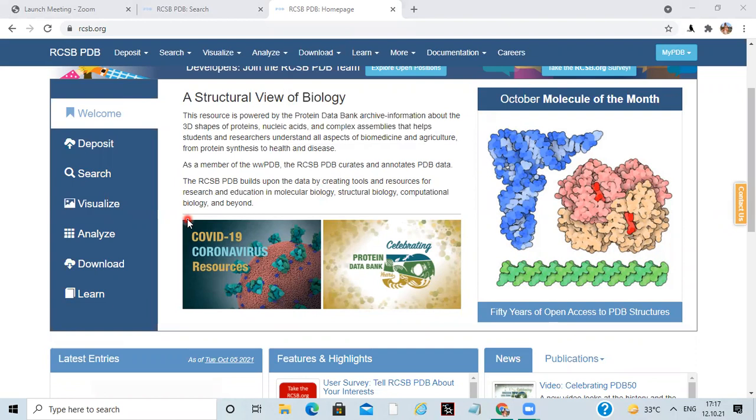To start or to analyze a structure, we first have to have a structure. So we can search for our structure. For example, it can be a chemokine receptor like CCR5, which plays a key role in AIDS, the HIV virus.